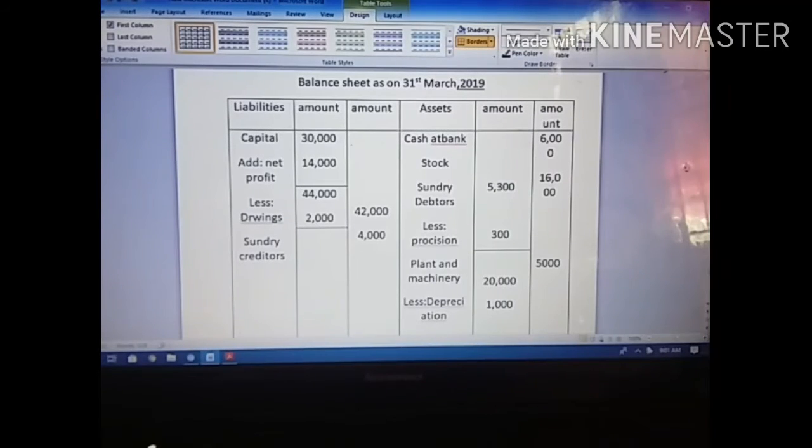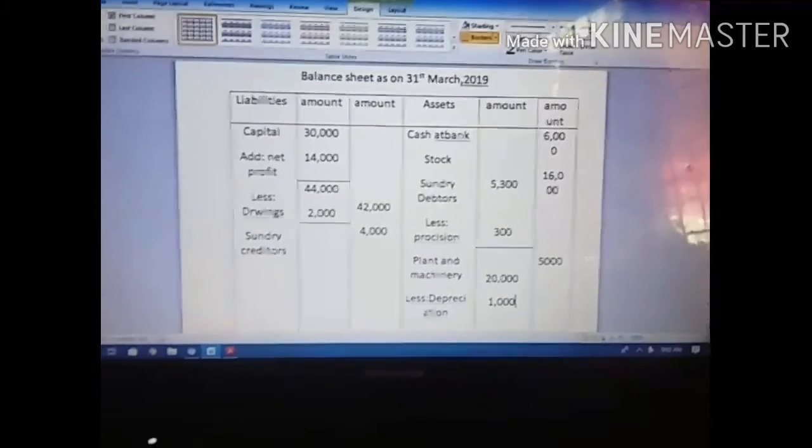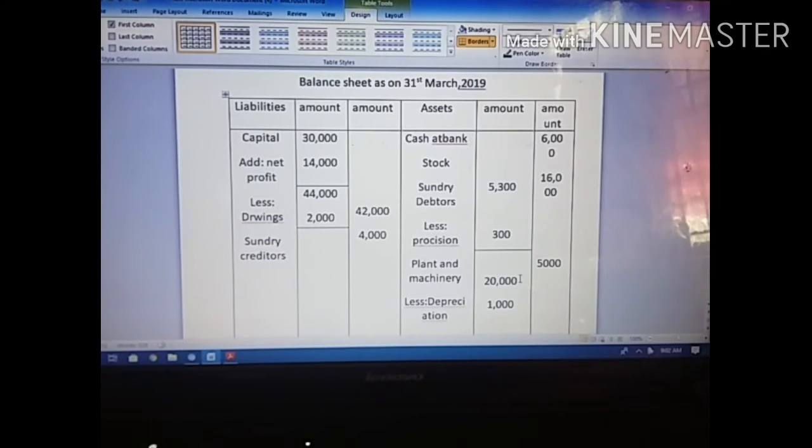So for adjustments, we have to use one in trading or P&L, and another you must show on the balance sheet. Whatever adjustment you make in trading and P&L, you must show in the balance sheet also. If you find the value and put it in trading or P&L, you have to minus this value from the concerned asset or concerned liability.